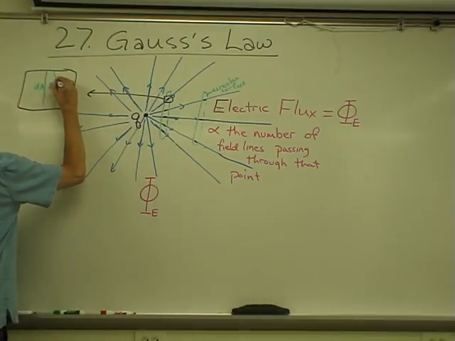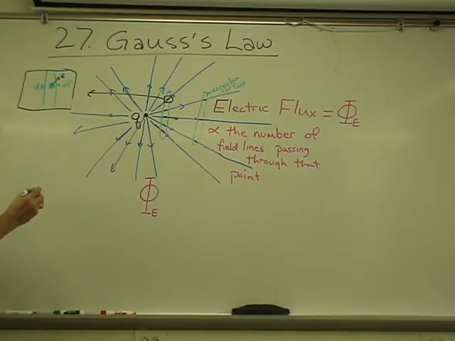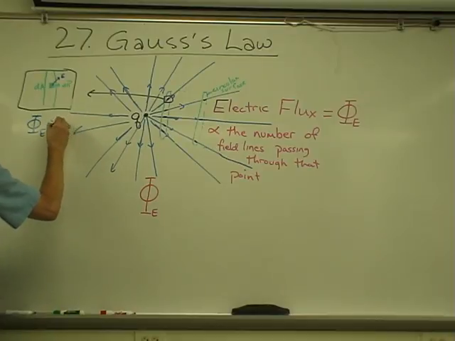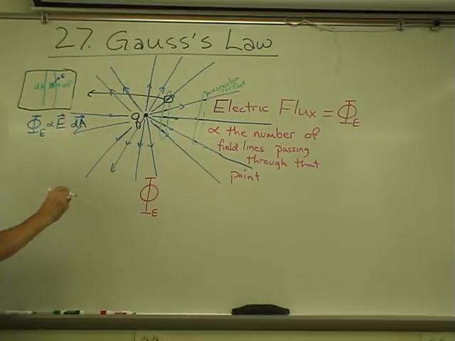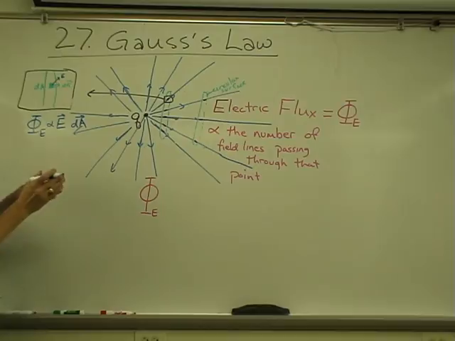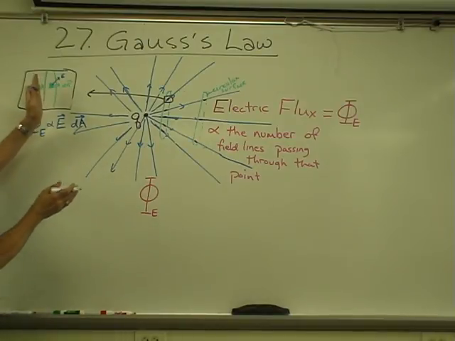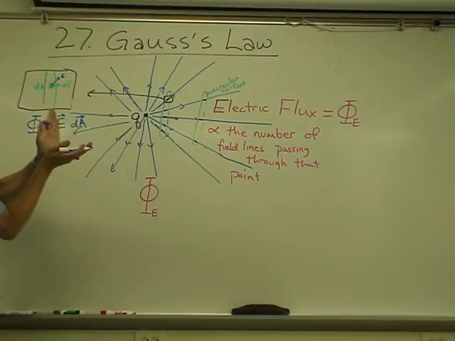Looking at the electric field at that point, the electric flux would be proportional to the electric field and the area of that differential piece of area. But the flux will be the highest if the electric field and the area vectors are parallel. The electric flux will be the lowest, 0, if those two vectors are at right angles to each other,